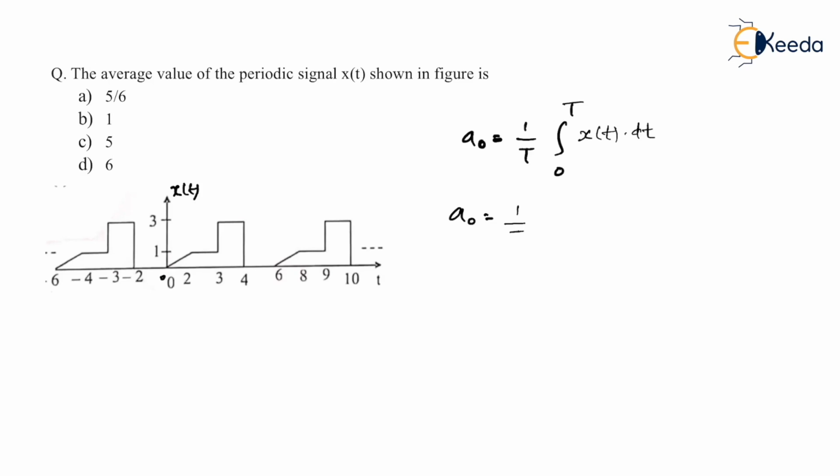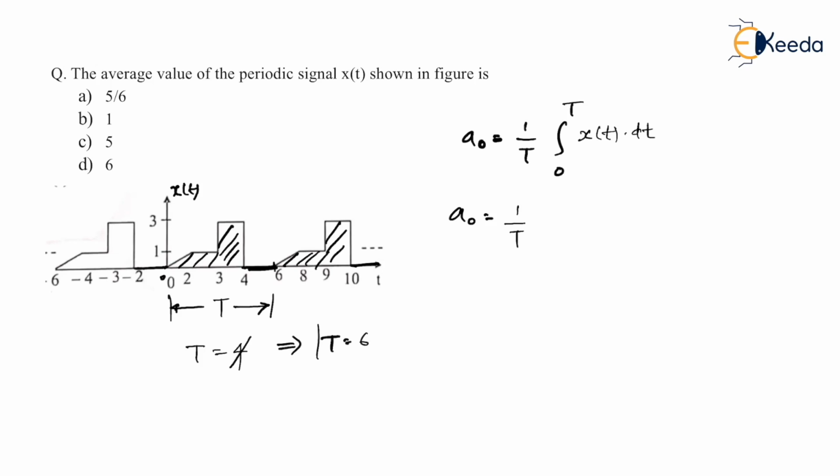Or it can be given as A naught is equal to 1 by T. In this case, if you see T, then I should go up to 6. So this is the pattern which it is repeating, am I right? So this is a complete time period. What students really make mistakes on is that by mistake they take T equal to 4. But let me tell you, T cannot be equal to 4. Even this blank portion should be taken as a part of the signal, am I right? So it is like this. Some shape is present and then there is no signal. Again the same shape is present, then there is no signal, and the same thing keeps on repeating, am I right? So definitely T is not equal to 4.